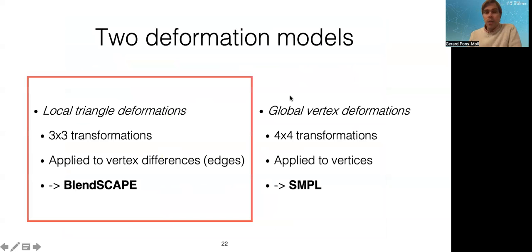Okay, so we've seen another kind of model. We've covered this rather superficially. I just wanted you to know that there are other ways of modeling and factorizing pose and shape,